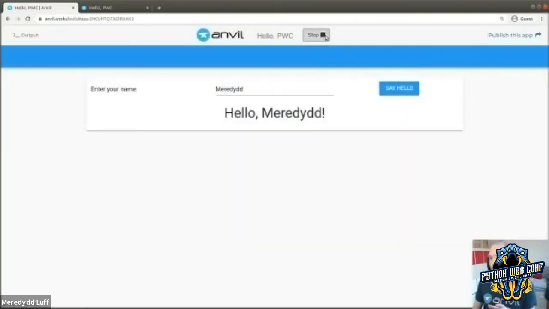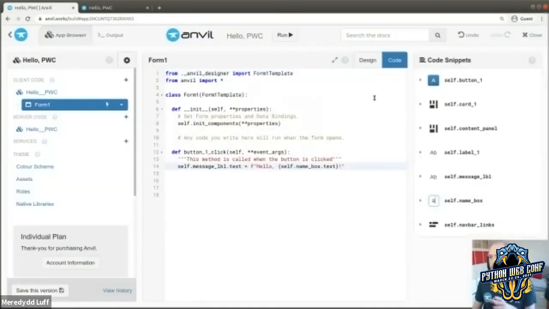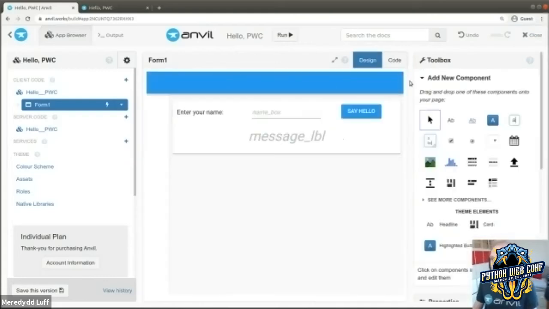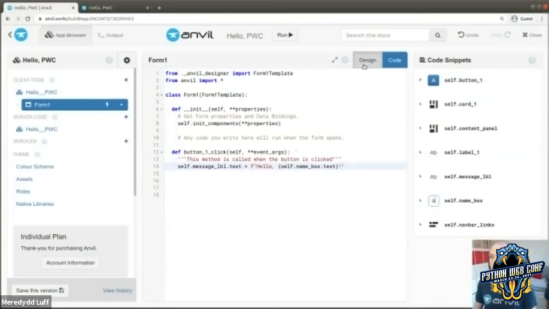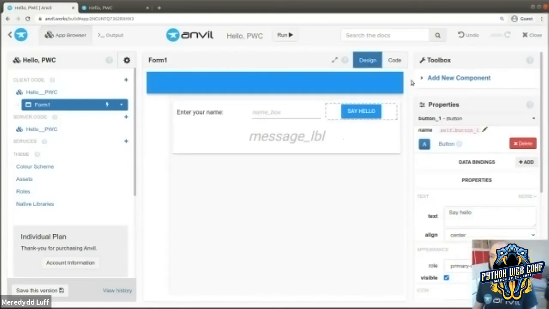So let's look at the abstractions we've built here, because to do this with a classic web stack, you would have needed a bunch of HTML and CSS and JavaScript to drive them all. Whereas here, everything is still a Python object. We've dragged and dropped some Python objects as UI components, and we've accessed them from Python code, and we haven't had to bridge between two difficult to combine abstractions.